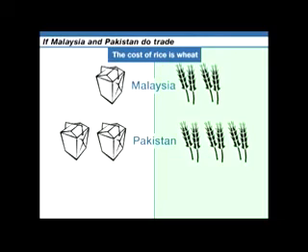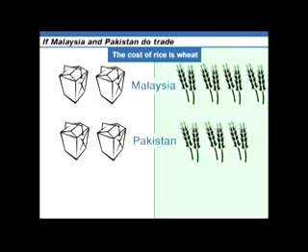The opportunity cost of 2 bushels of rice in Pakistan is 3 bushels of wheat. That is, the same labor that could produce 3 bushels of wheat would otherwise be producing 2 bushels of rice. Now, we can show here that there is a possibility of gain from trade. Notice that the opportunity cost of producing 2 bushels of rice, for instance, is lower in Pakistan than it is in Malaysia. If Malaysia wants to produce 2 bushels of rice, it's going to be giving up 4 bushels of